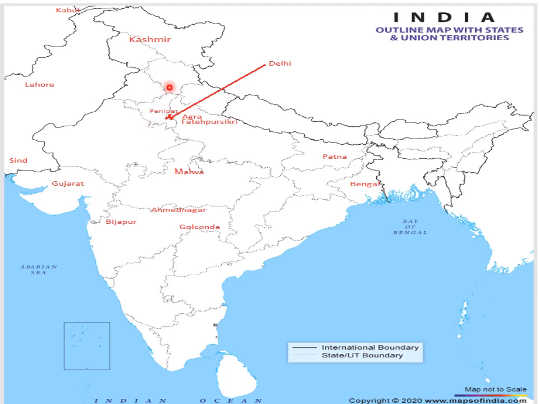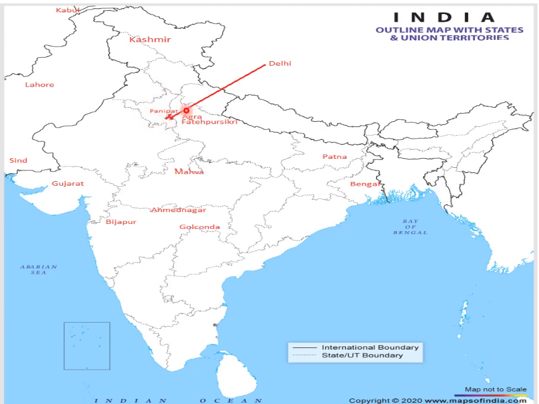So we are using this political map just to grasp where the provinces are located, because if you try to locate all these provinces on the physical map of India, it would be very difficult for you to mark them. That's why we are using the political map. Now we know that Panipat is in Haryana. From this map we know that this is the Haryana state, so in Haryana you can write Panipat very easily.